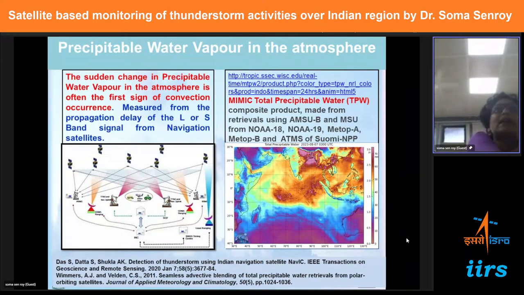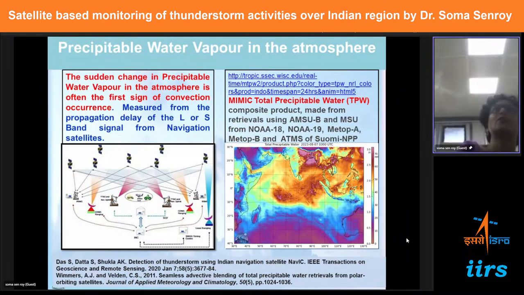I would not say this is an exact one-to-one correlation with thunderstorms. Like I said in the first slide itself, the cumulus to cumulonimbus transition is full of a lot of ifs and buts. But nevertheless, the first sign of convection often comes from precipitable water vapor. This is from the NavIC group of satellites. It's an ISRO paper. The Indian Navigation Satellite Network, the Seven Sisters, which monitor